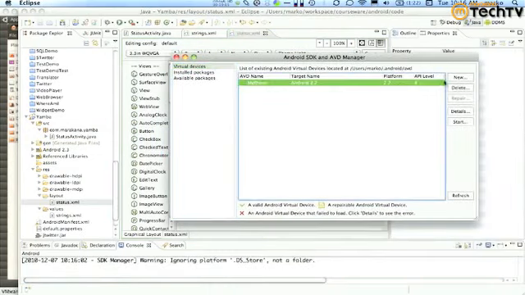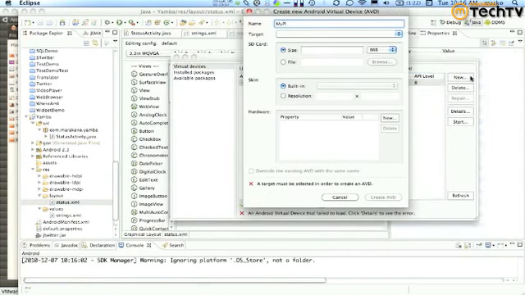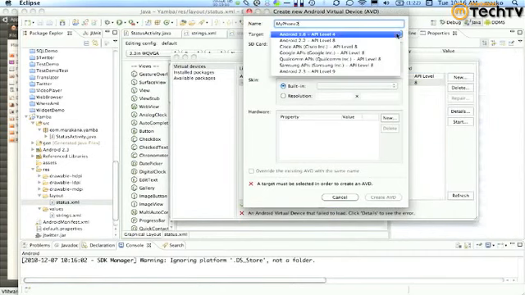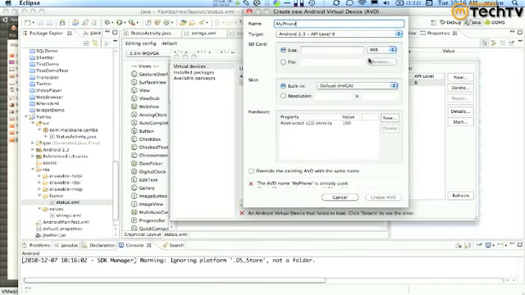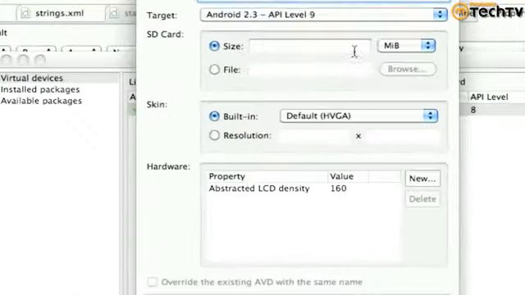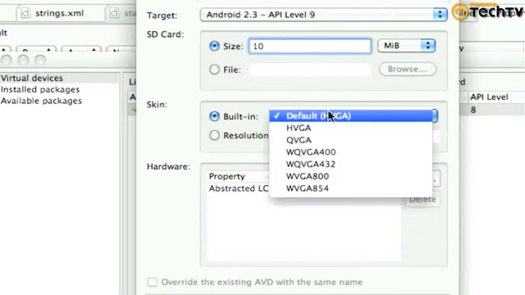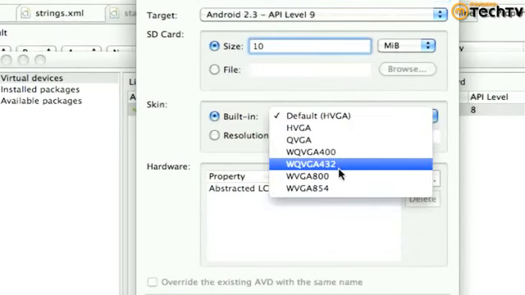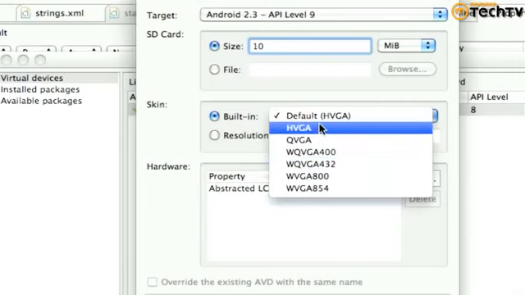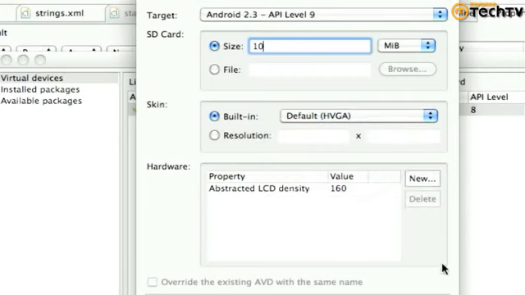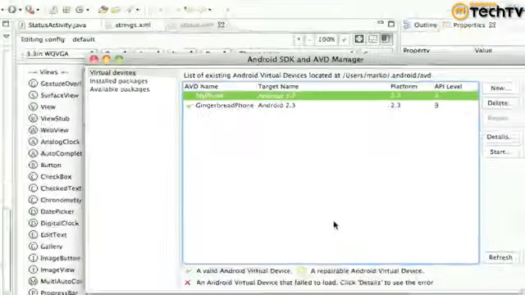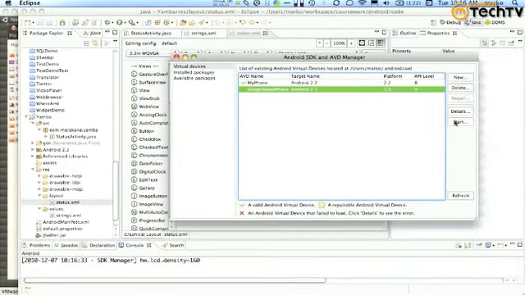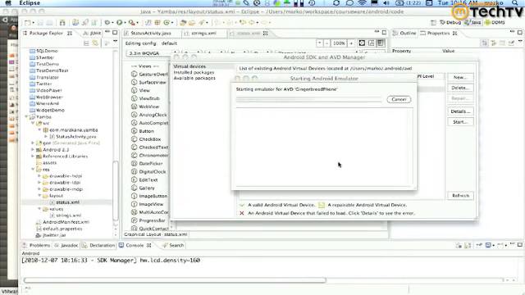So, for example, I can create a second emulator, right? My phone 2. I'll pick Android 9. I'll call it Gingerbread, actually. Gingerbread phone. There you go. I'll put some size 10. I'll pick some resolution. I'll go with the default resolution, and I'll click create. And now I have my second phone, and I can start it as well, and I can have two phones